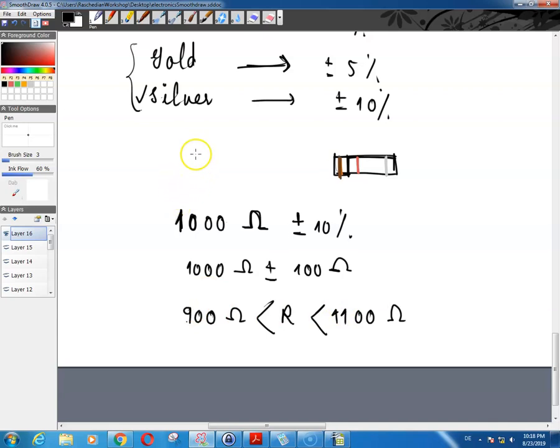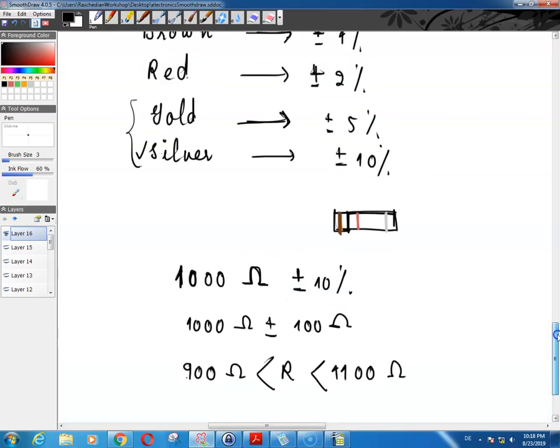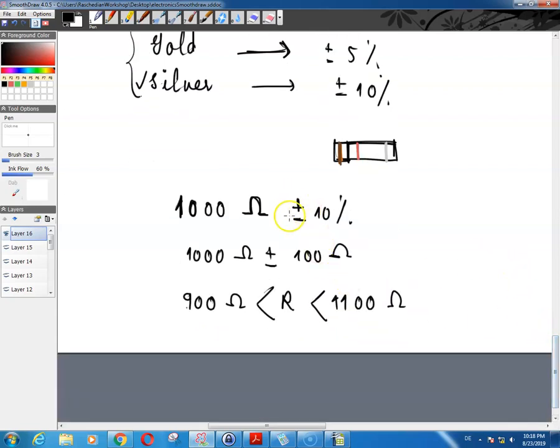Now, the less your tolerance, the smaller would be this gap. And as you can see, for example, in the case of this 1,000 ohm resistor, 1,100 minus 900 would be 200 ohms. So there is this room over here, 200 ohms, between which the actual value of this resistance can be pushed